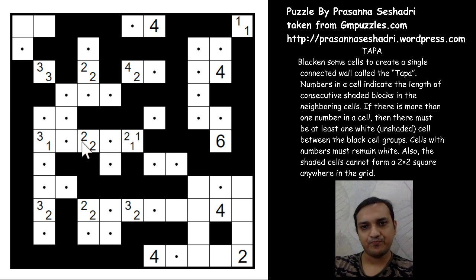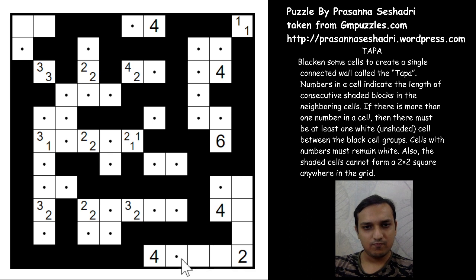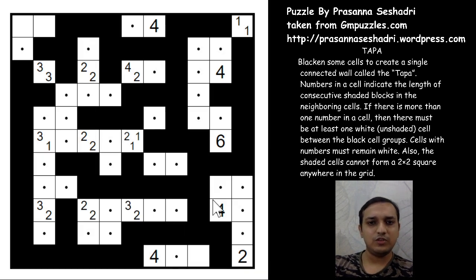Okay, so what happens if I unshade this cell? So this group of black cells has to come out only this way, and it is stranded now. The 2 is fulfilled, the 4 is fulfilled, and this is stranded by the other black cells now. It is stranded inside and cannot connect to the other black cells. So we conclude that this will be shaded, and so the 4 is shaded now this way, and the 2 is shaded this way. So we have completed this puzzle.